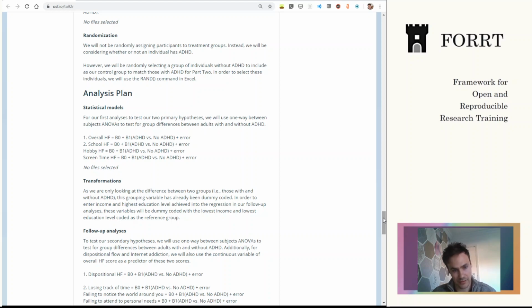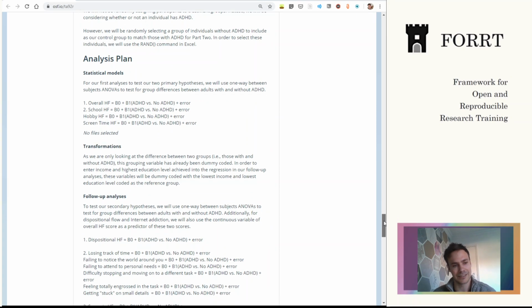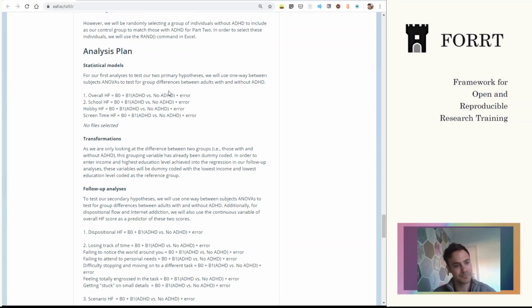Now, the analysis plan. The analysis plan to me is a big part of this. It's probably the aspect that people think of as being the first bit, rather than thinking about things like calculating the outcome measures. Okay,